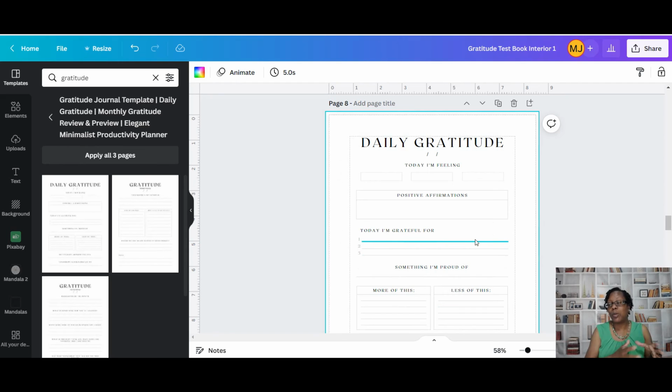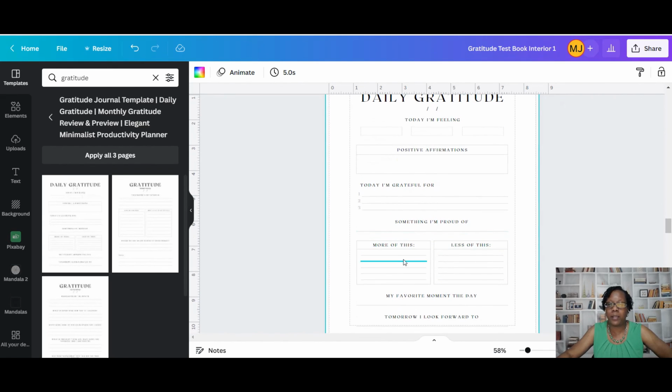I was showing you how to create your own page in there, but you can say, hey, I'm going to do what they're doing. And you see what they have? They have it right here, the 3 items that we were saying. But then they go into something I'm proud of. And you see down here, more of this, less of this. My favorite moment,